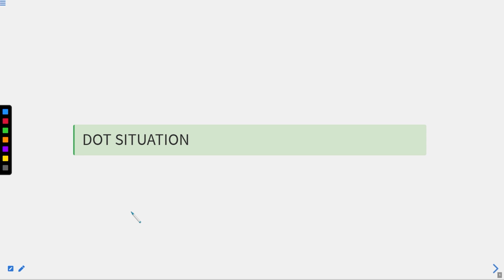Today in the series we are starting with the new chapter named Dot Situation. This is one of the easiest chapters that we did in the Mental Ability series, as here what we have to do, we have to look at the figure and find the answers on the basis of a dot or a point marked on the question figure, right?